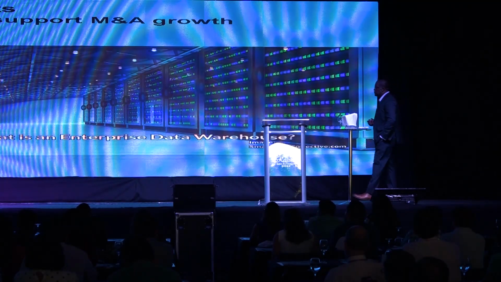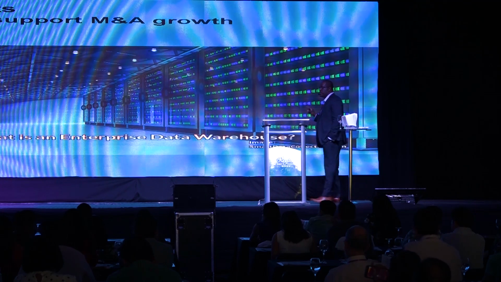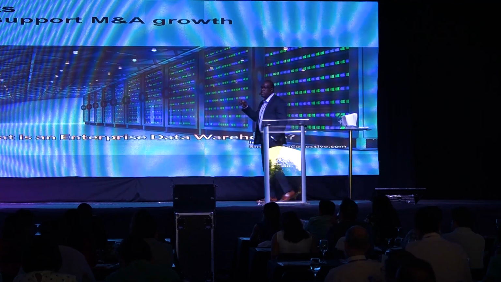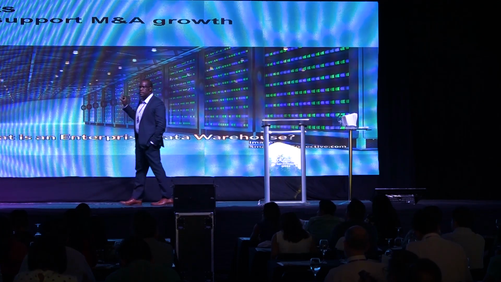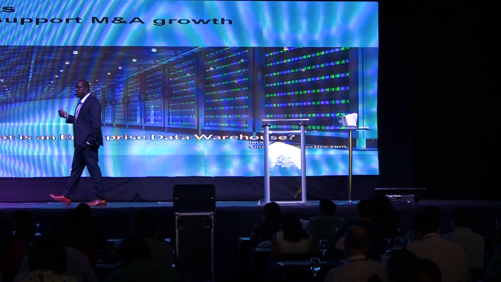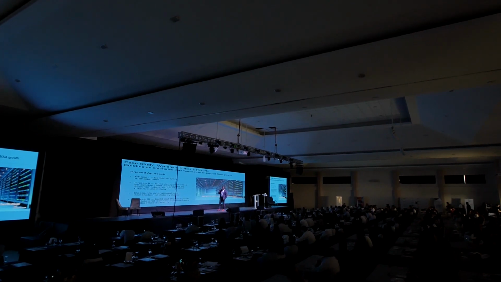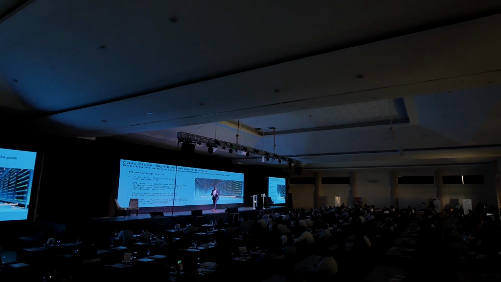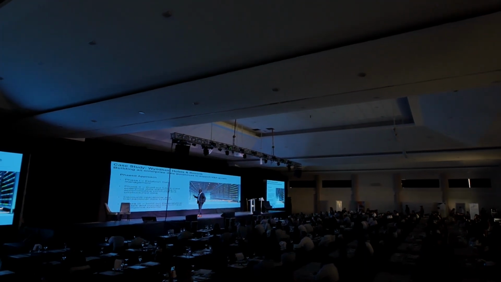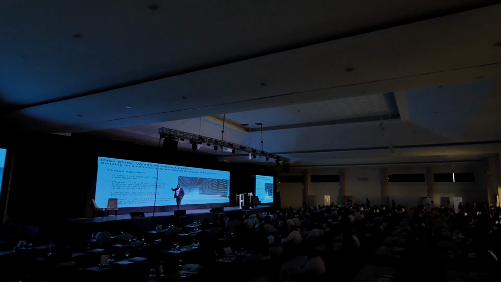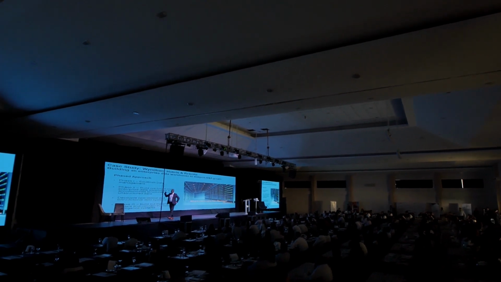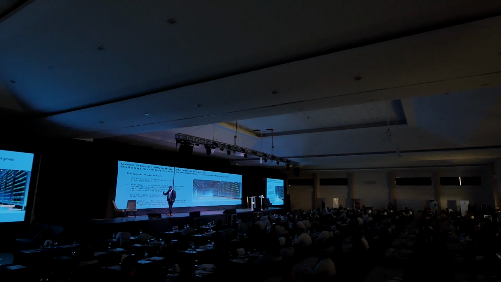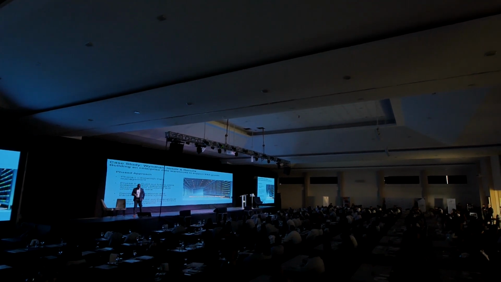So here's the approach. The first thing we did, the first thing I'm telling you to do, establish data management. And it wasn't quick. It took about 6 to 8 months. It took time to get the organization to understand the importance. It took time to get people to start to realize why we needed to do this and bring them along. And then after we did that, we were able to move to phase 2. Phase 2 was to build an enterprise data warehouse and start to bring these data sets in a manner that made sense for the business.